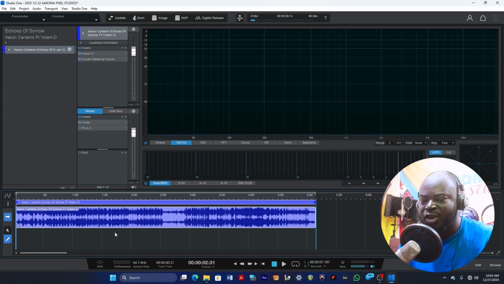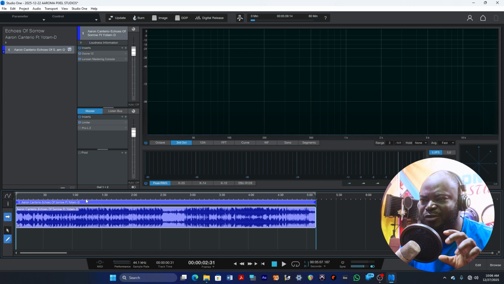Mastering is where you want to add the final touch to your song. It's either you are tweaking some dynamics, or if your mix is not that good, then you've got to do a lot of things when it comes to mastering. But if your mix is good, you look at the way your exported mix is sounding, and then it'll tell you what you need to do. Let me make you hear a little bit. This song is not out yet, so I'm just